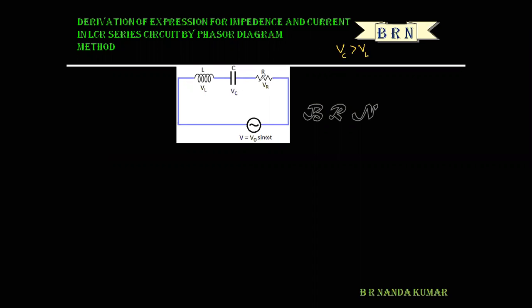Okay. So again, let us consider inductor, capacitor, resistor. All are connected in series. AC voltage, that is V is equal to V naught sine omega t, is applied to the circuit containing inductor, capacitor, resistor. All are connected in series. So the current flowing through